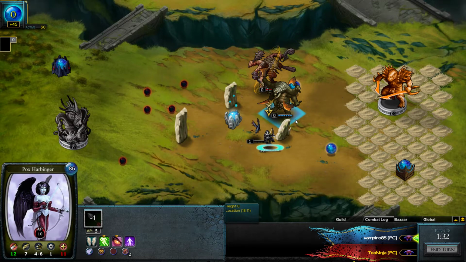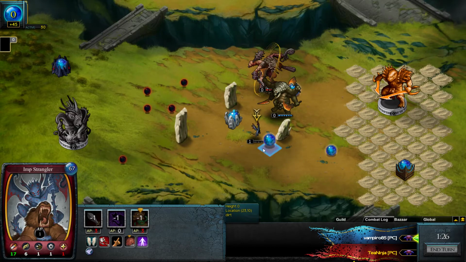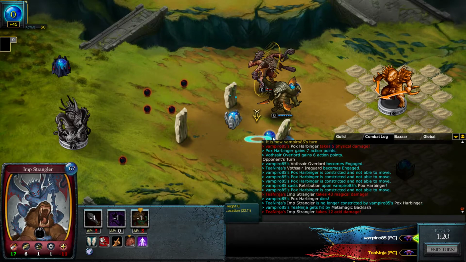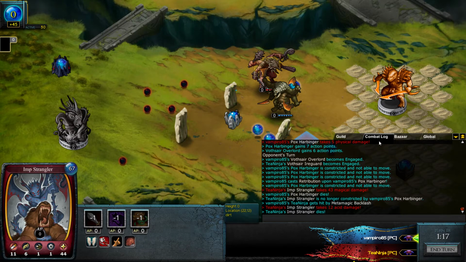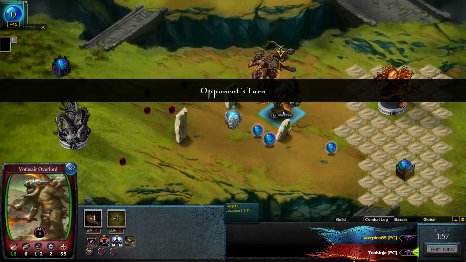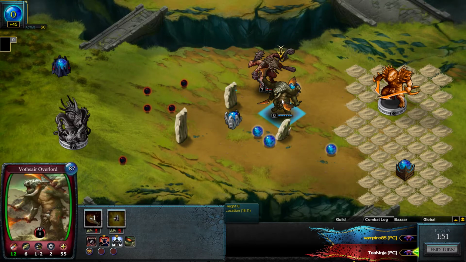And he does retry. So the imp will live with 1 HP. That is very sad. And let's use another spell to kill the imp. So all in all, that was actually a pretty bad trade. But there's a lot of globes up for grab here, so